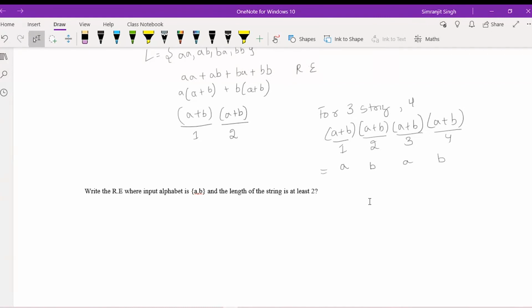So again, keep that in mind. What is the language here? If you remember the language, it is saying that at least there should be two length strings. So the smallest will be A. After that, any number of A and B can come. You remember? Okay, so I think you can easily do this. So at least length is 2. After that, any number of A and B's can come. So this answer is in my language or